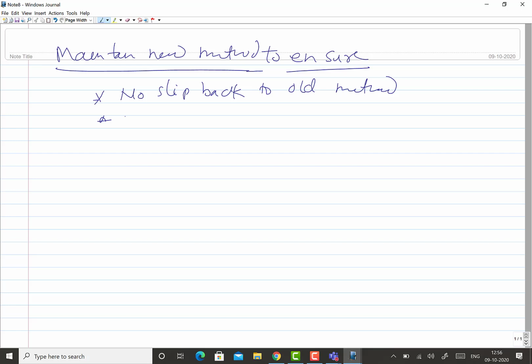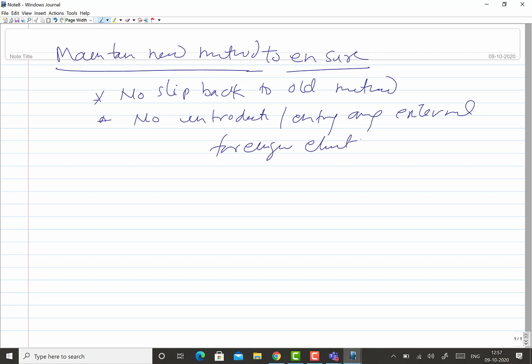This is one thing which is checked. Just for the sake of convenience, a few additional foreign elements, foreign actions or foreign activities may get incorporated in the new method. So it has to be ensured that there is no introduction or entry of any external or foreign element or action which is not part of the new method.